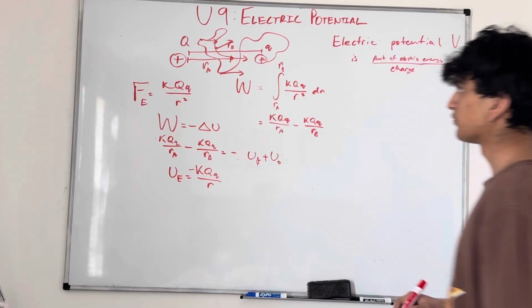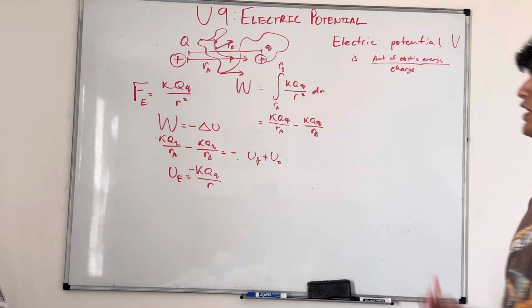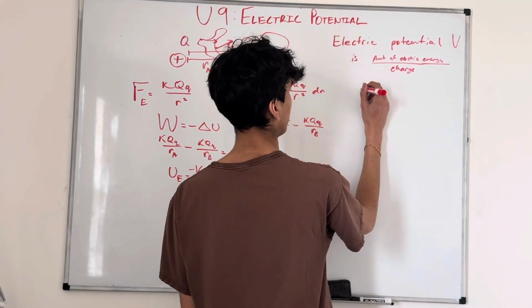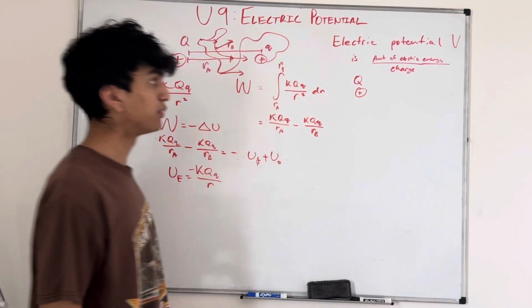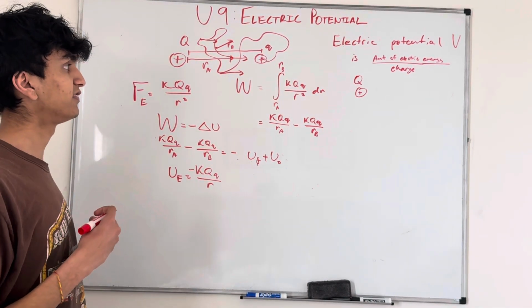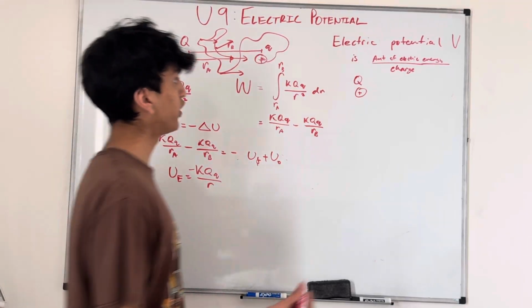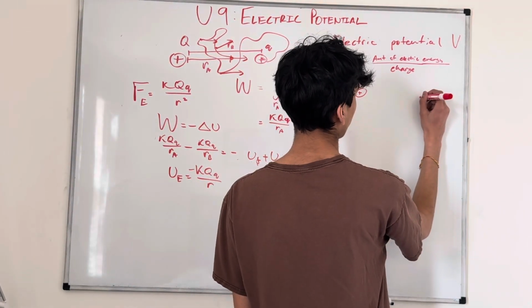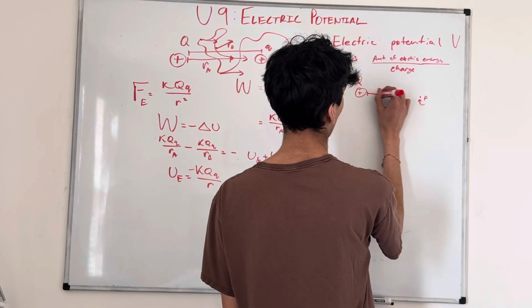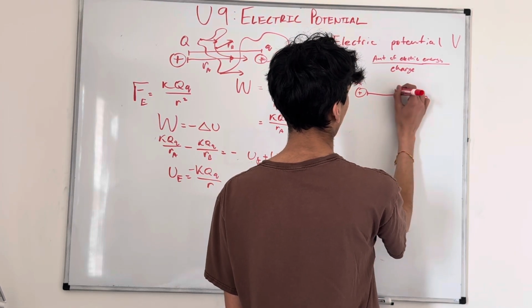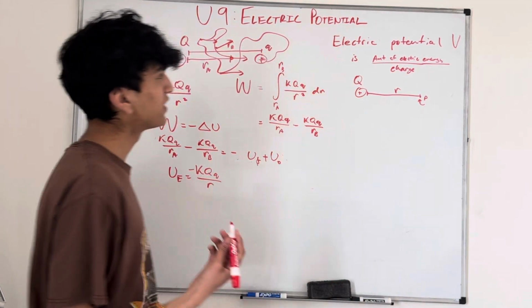So in this example right here, where I have a positive charge, big Q, let's say I don't really put a charge there, but I want to see, at this point, if I were to put a charge at point P, which is a distance R away,